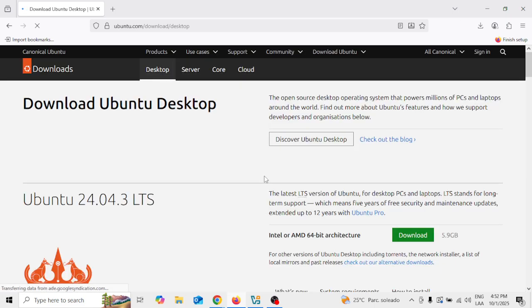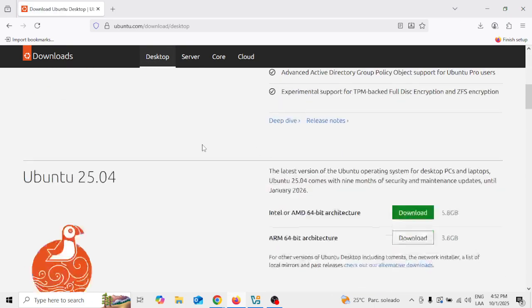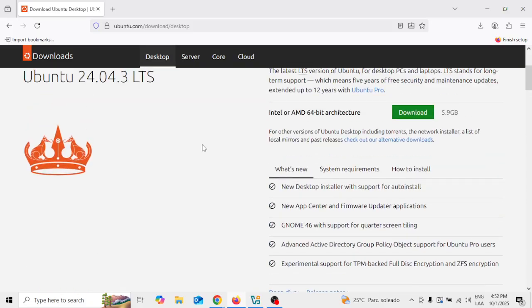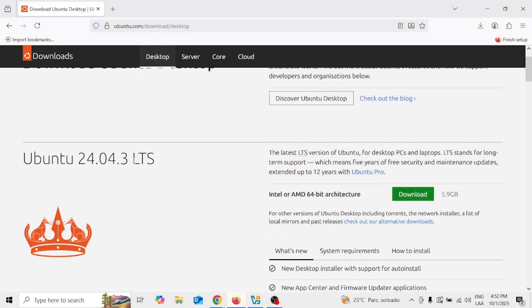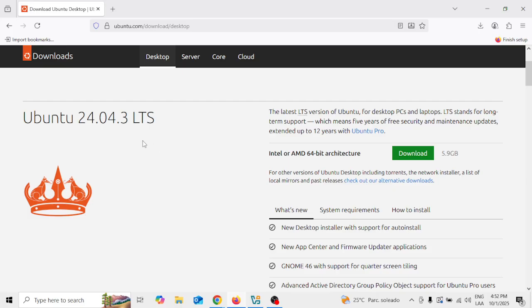Just accept all here, and there are different options here, but what we're looking to download is Ubuntu LTS. LTS stands for long-term support, and that's what we're looking for. So once we are here, we will just click here on download,